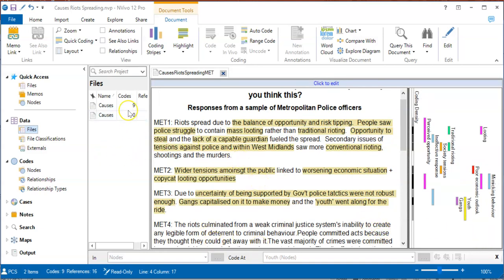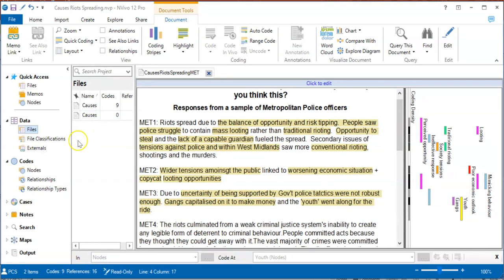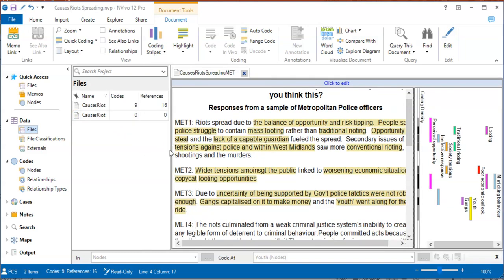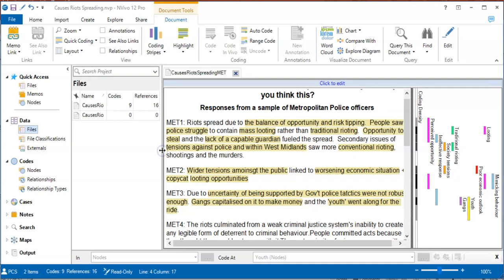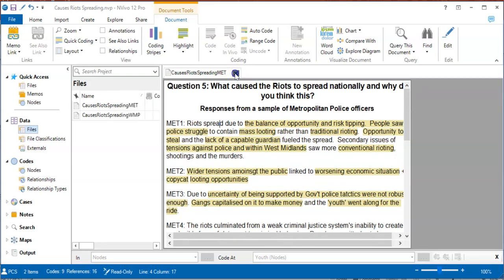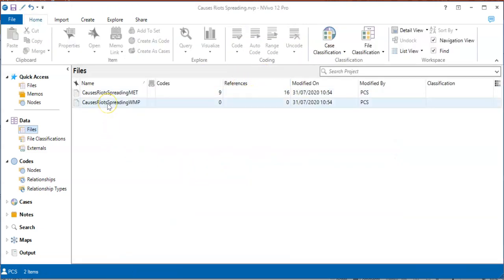Not too bothered about this window. However, I'll make that one a bit, yeah, that's better. That one a bit broader. So you can move these around a bit. I'd like to see these names a little bit more. It's not really going to work. But I know that I've got 9 codes in the first file. That must be the Met one. So I'm going to close this file here, and I'm going to open the West Midlands Police one now and